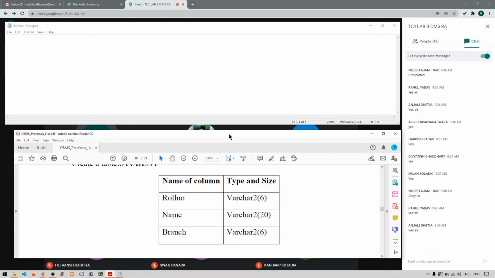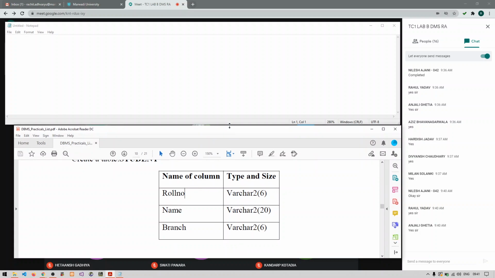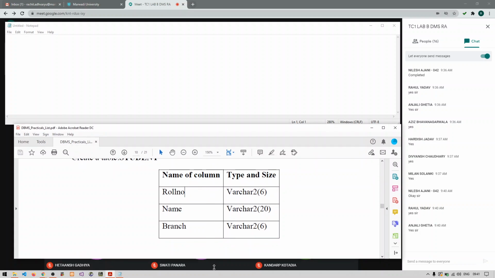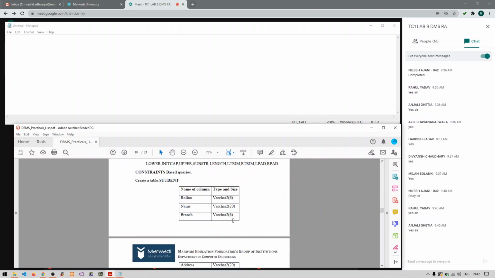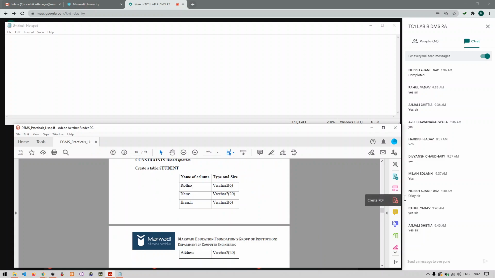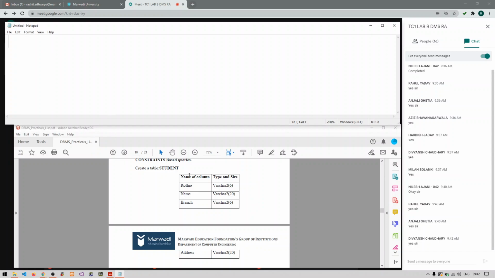So Divyansh, just tell me the syntax, unmute yourself and tell me how I can create this particular table. Divyansh, how to create this student table? You can unmute and tell me. No need of writing it in the chats. Just tell me the syntax of creating this table. Can you unmute yourself? Can you speak?